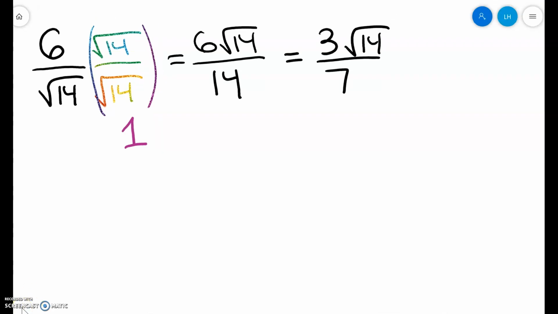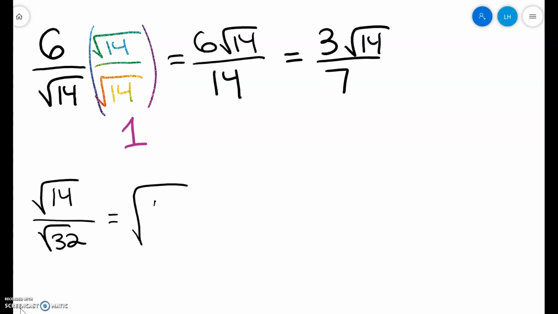Okay, I'm going to do one more. So let's look at the square root of 14 over the square root of 32. So of course I want to rationalize this. I could start by multiplying by radical 32 over radical 32. Or I might recognize that in this case, these are both under radicals, and I could use my division rule. So 14 over 32 simplifies to be